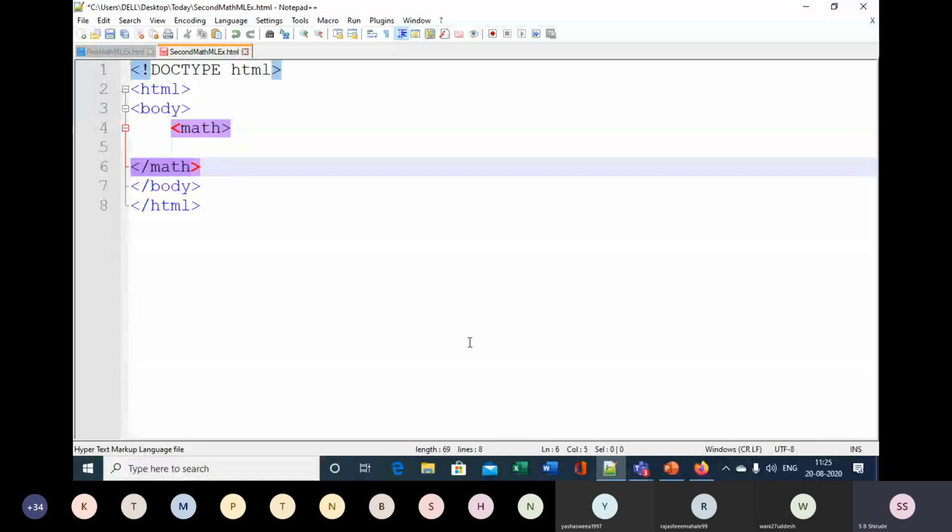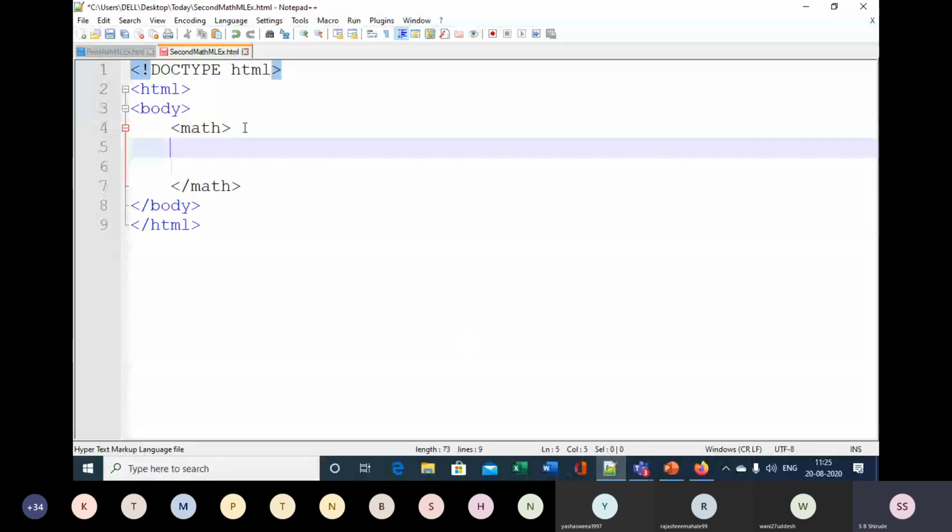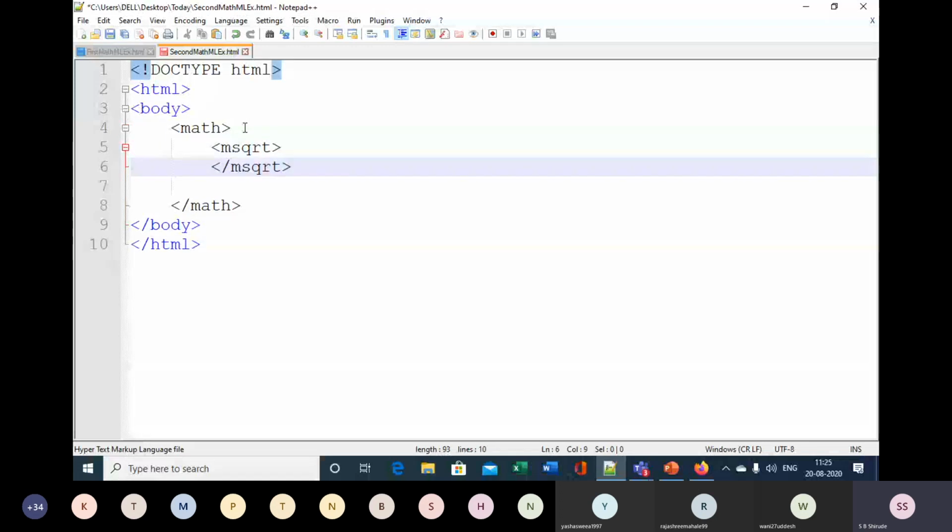So for square root of 2, which element is supported by MathML? We know msqrt. So put msqrt, and then in this msqrt, you want to write the numeric literal 2, because I want square root of 2. So if I render it in Firefox, you can see that there is a square root of 2.